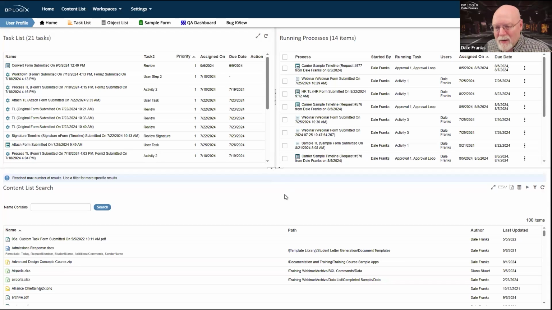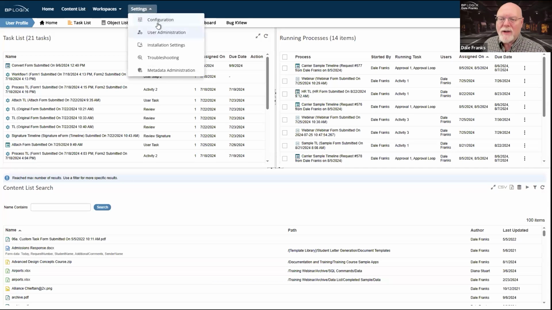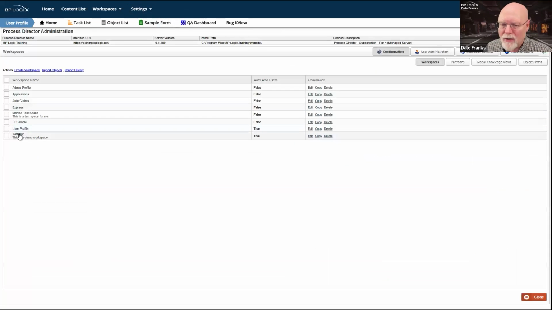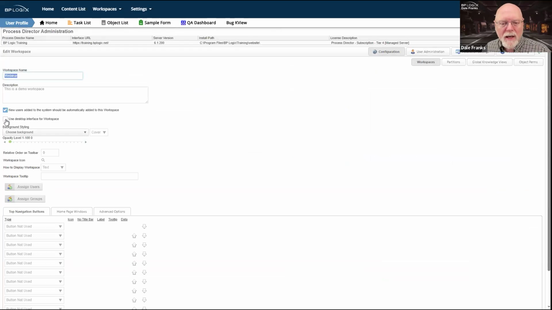All right, well, what if I don't want to see it like this? Well, the desktop workspace is the answer to that. So now we can go back and look at our webinar workspace again. If I turn this on, it's going to give me a different user interface. In fact, it's probably best if I don't turn this on.